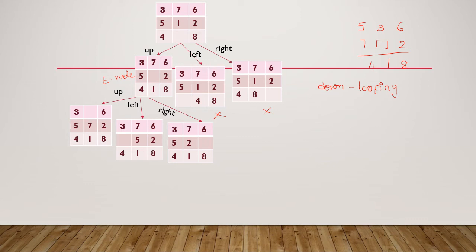Now once again let us see which is the most promising move. That means which will lead me to the goal state very fast. So let us observe one by one. If I consider this particular one, in the second row I have 7 and 2. Here also I should have 7, 2, but this 5 is extra here. Okay, fine.